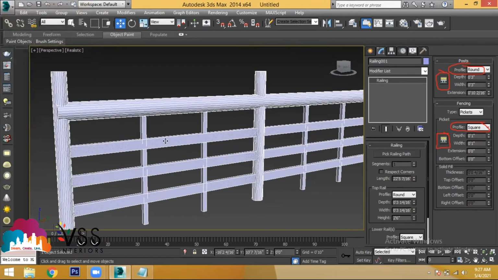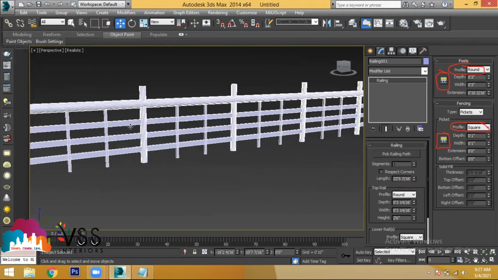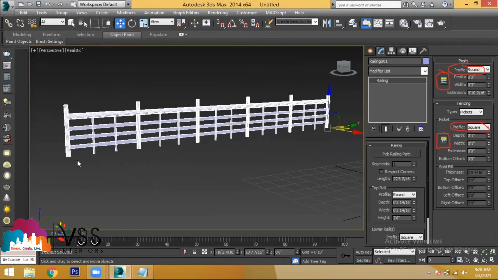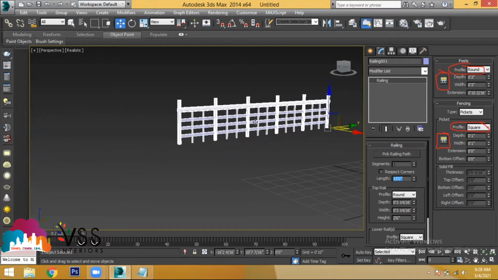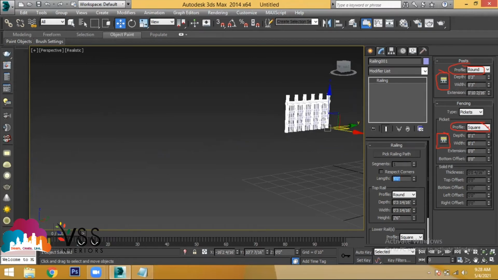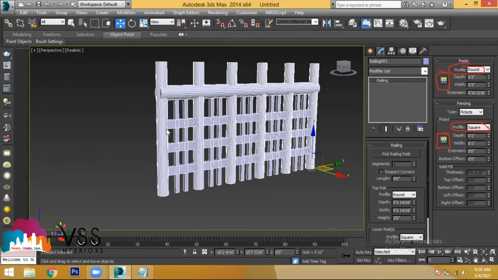Understand? Clear? This post also depends upon the size. Now what is the length here? It is 22 feet. Let's say I have taken 15 feet. When I'm taking 15 feet, what happens? The size is getting decreased and the posts are the same, that is, the number of posts is 5. When I'm choosing 5 feet only, when the length is 5 feet, are 5 posts looking good for 5 feet length?